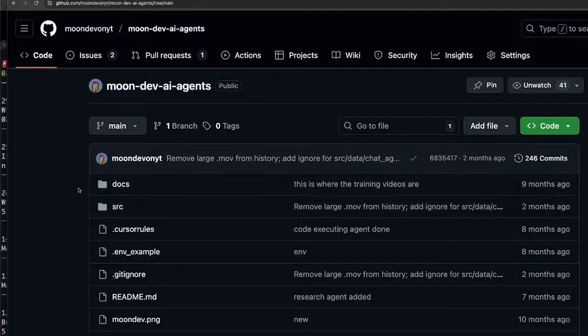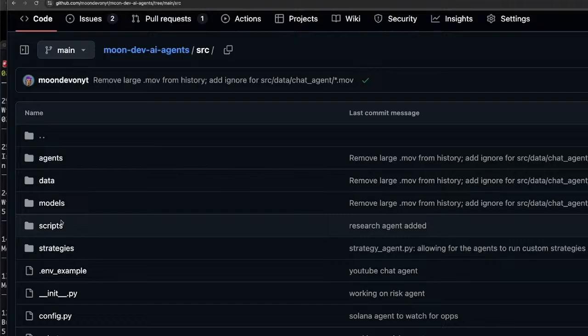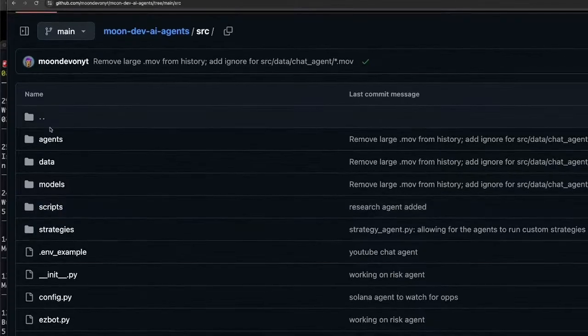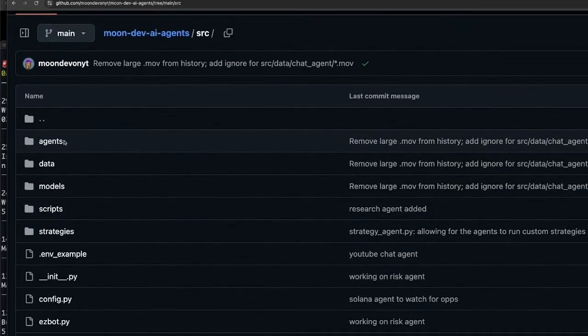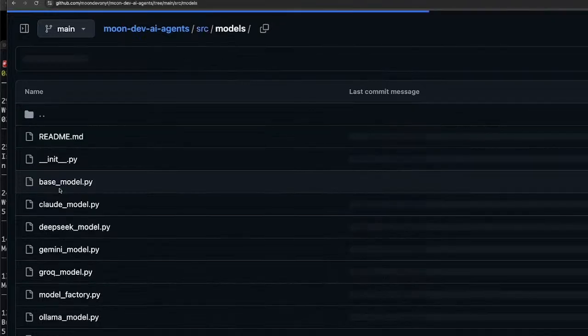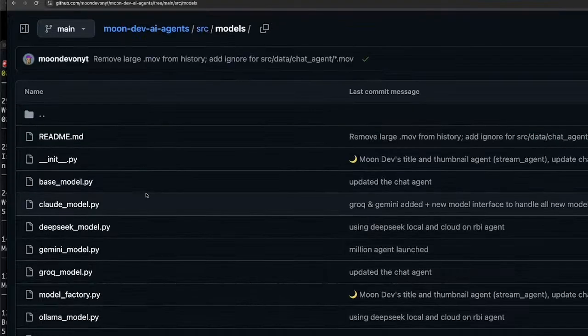Now here in the SRC is the main part. So SRC here, we have agents here, and then we have the models here. So I'm actually going to update this now today,